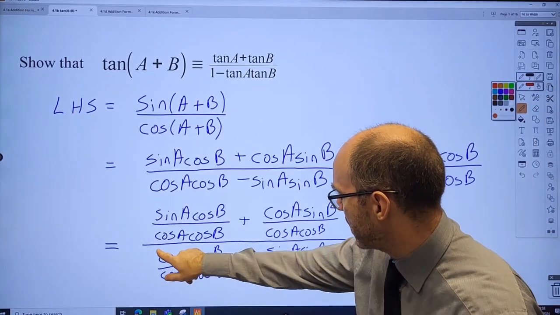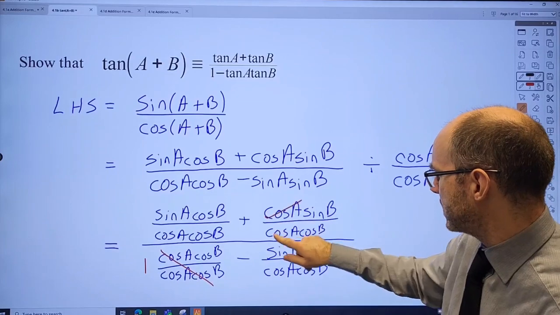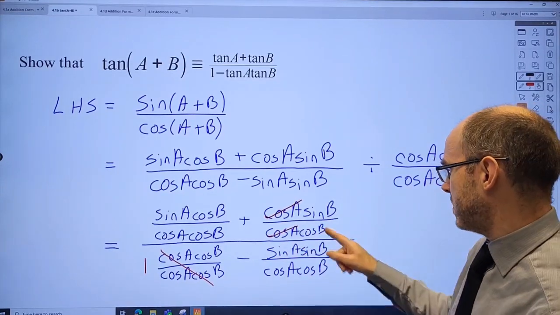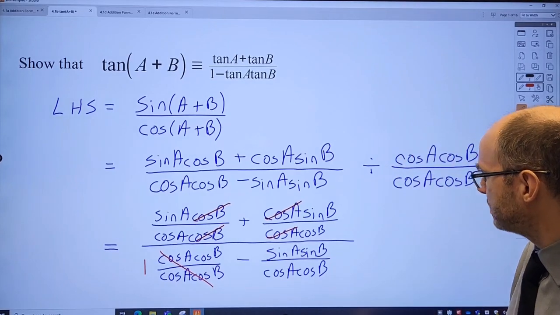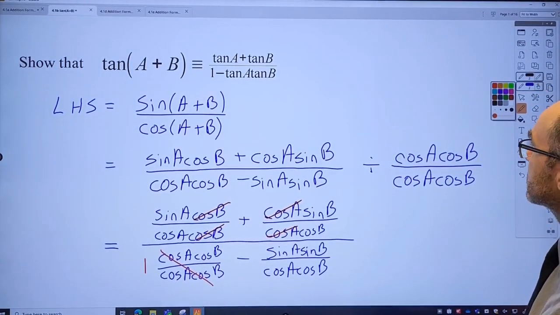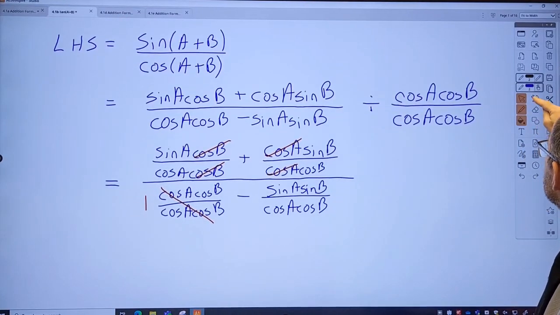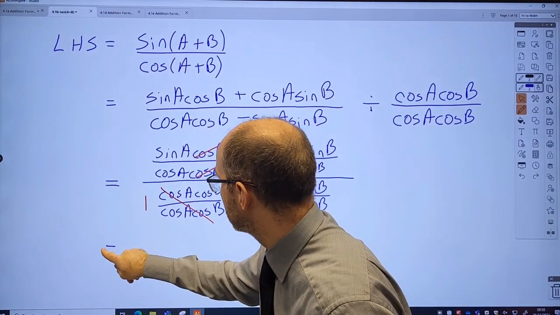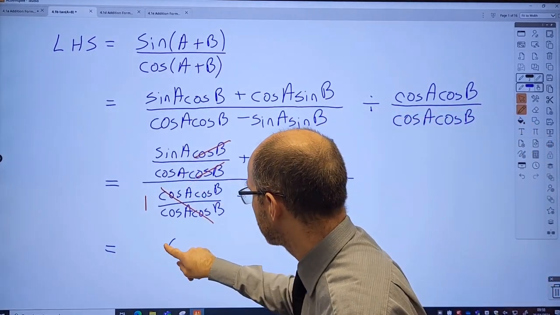just a line through that. That's just going to be 1. The cos A there will cancel, and the cos B terms there will cancel. And then the next line, this is a bit annoying. Can I scroll down? Yes, I can scroll down a little bit, thank goodness, because I can fit it all on. And the next line, we'll just read as sine A over cos A, which is tan A,